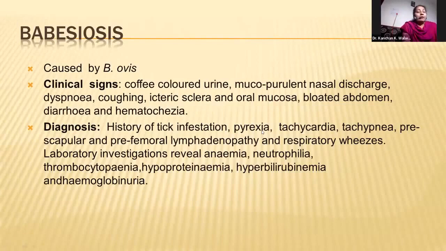oxygen. There will be feedback to the brain to get more oxygen, so the heart will start beating more to draw more oxygen from the pulmonary vein, and in turn there will be increased respirations to get more oxygen for oxygenation of the blood, and that oxygenated blood has to reach the heart, and from there it is to be redistributed to the tissue. So when tissues are getting less oxygen, there will definitely be tachycardia, tachypnea, and there will be prescapular and prefemoral lymphadenopathy in case of babesiosis, because